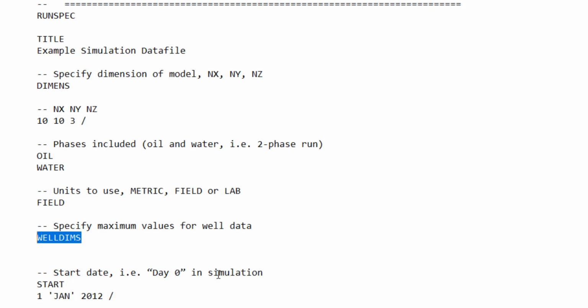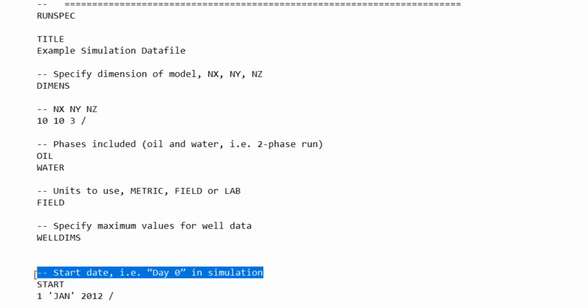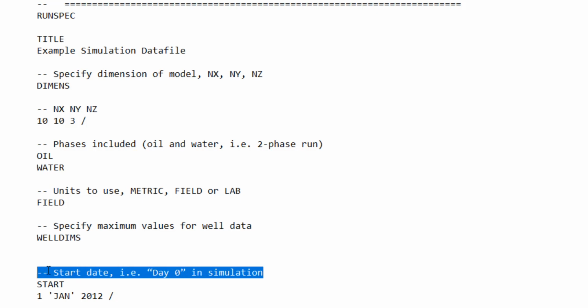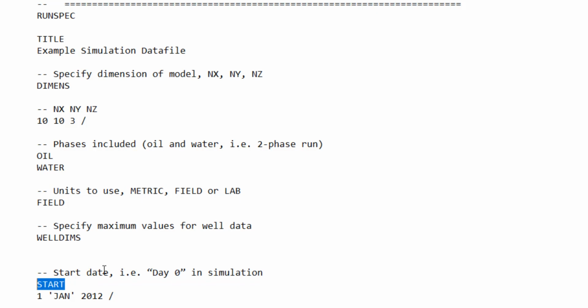And then down here you have the simulation start date. When does your simulation begin? Most of the time this can be extracted from production history, where you have a reservoir that has been producing for some time. So the keyword for the simulation start date is simply START, and below that you enter your